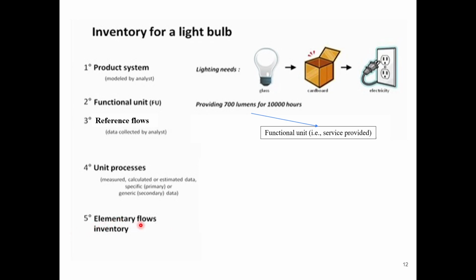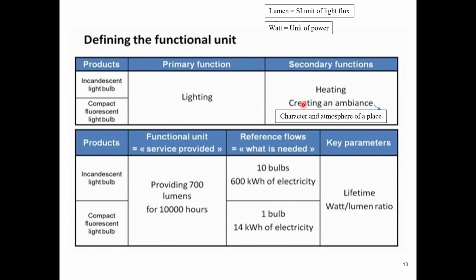And fifth is the elementary flows inventory. So that is what is coming and what is going, inflow and outflow. Inflow of input and outflow of output. So if we properly define the functional unit for the two products,